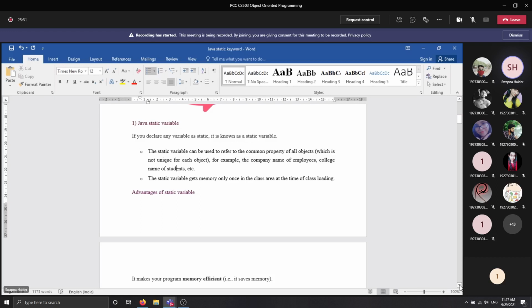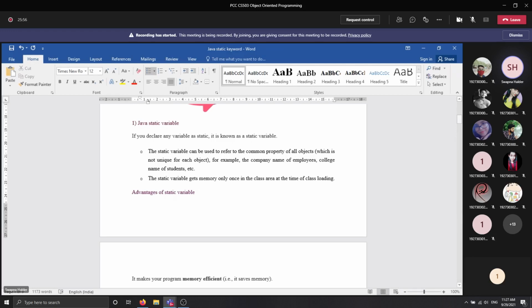You can store this name only once, and this property can be shared by all the objects, all the remaining students. If you want to do that, then there is a use for a static variable. You need to declare that variable as static.